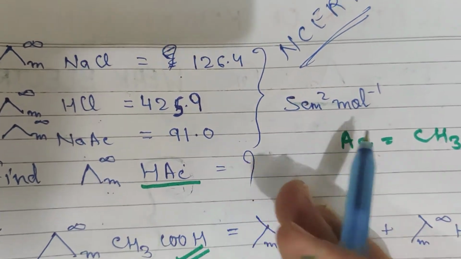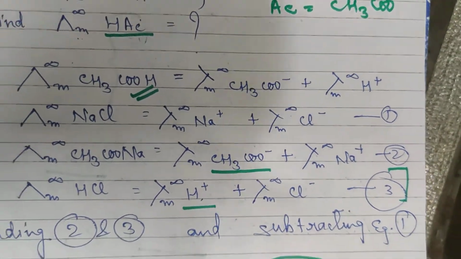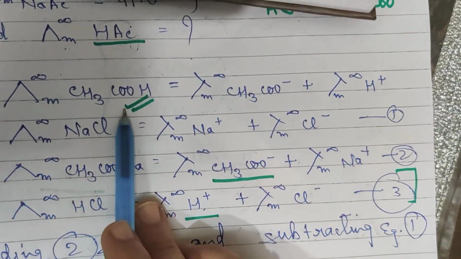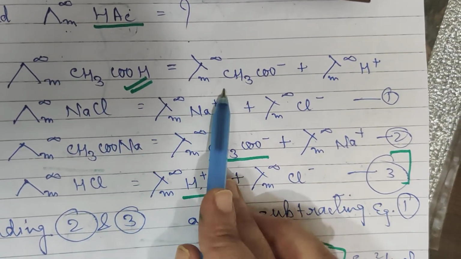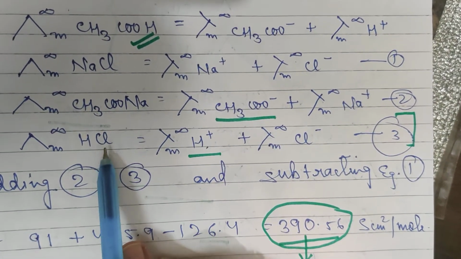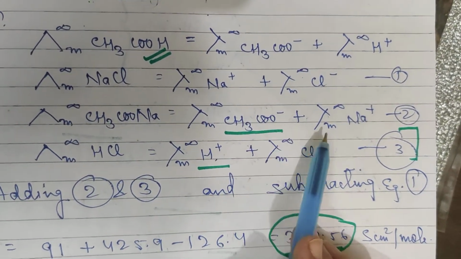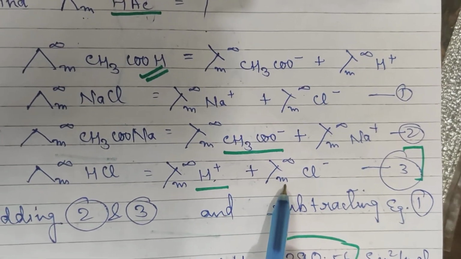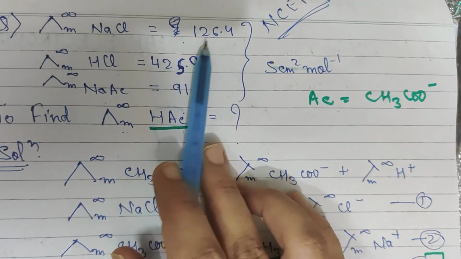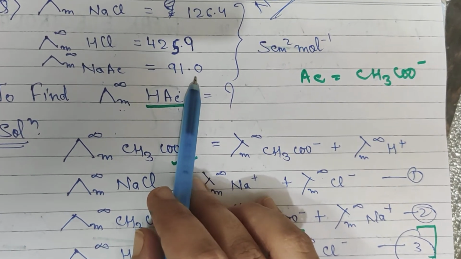So we will be using it as acetate ion only, and you have to reach to this equation. So again, what will you do? First of all, you'll write the dissociation of all the electrolytes mentioned here, but beginning with the one which you want to calculate. So you have to reach to acetic acid. So I have written the dissociation of acetic acid as acetate ion and H plus ion. And similarly for NaCl, for sodium acetate, for HCl, all the dissociation with respect to Kohlrausch's law is mentioned here. Please try to do it on your own, children, and then you can tally it with the video. And as you can see in the question, we have the values also with us for NaCl, for HCl and for NaAc, that is sodium acetate.